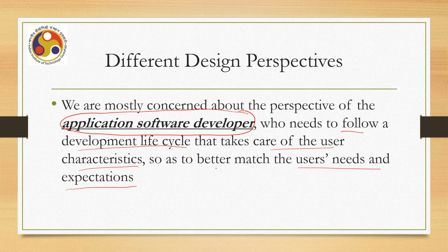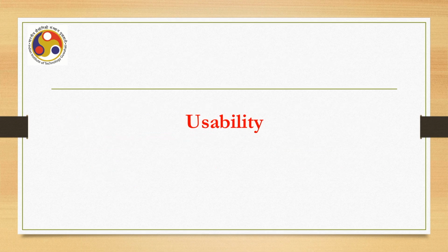In the life cycle, we should be able to take care of users' characteristics and needs and expectations, so as to make it more easy for the user to use. So, that is how we can take care of the user characteristics, by following an appropriate